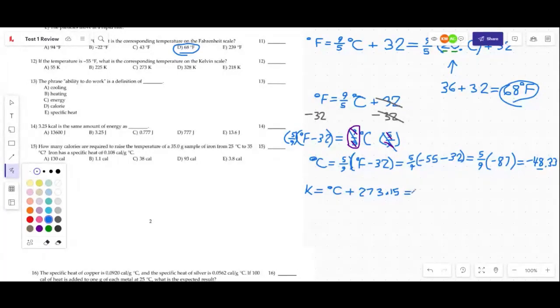So I'm going to take that answer and plug it in for the degrees Celsius. It'll be negative 48.33, keeping in mind I only have 2 sig figs, only to the ones place. I'll add 273.15 to that, and that's going to give me what? I'm seeing B. Yeah, it's going to be